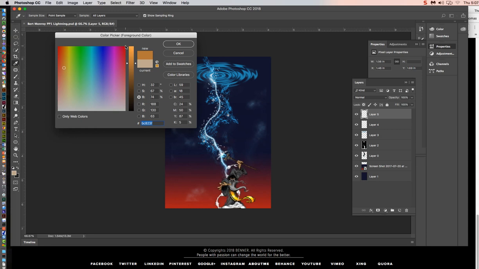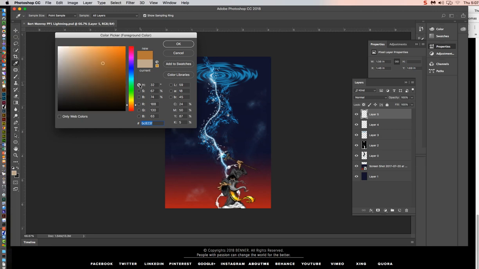So how do you work with this? Most people, human beings, like to work with hue, so click on hue, and then choose the color you want on the thin strip. Let's say I want, I don't know, let's pick a blue. Then come over here and click on the big rectangle to fine-tune your selection with the saturation and brightness value. So right now I've picked a blue hue with a saturation of 95 and a brightness of 94, very high